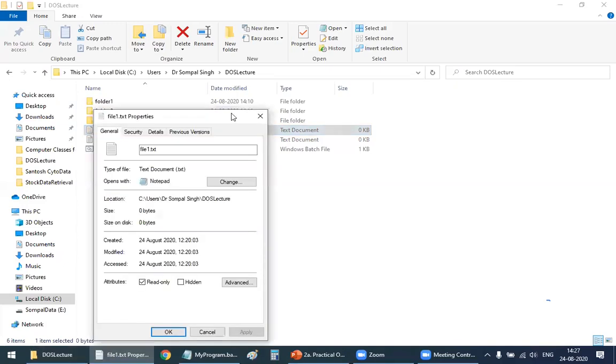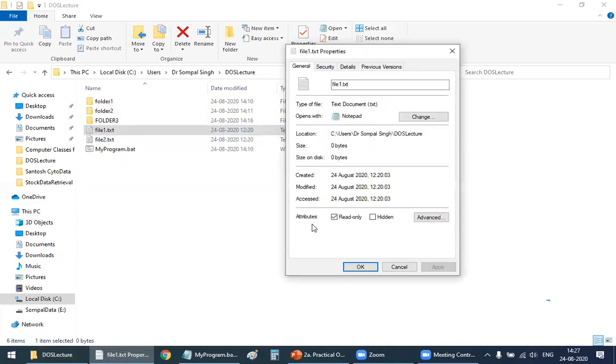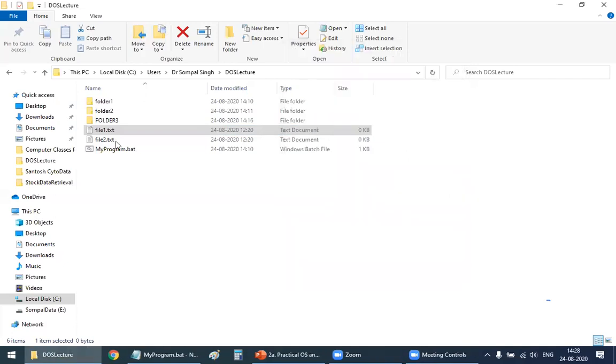In my last lecture, I told you about attributes of a file. So this file is a read-only file. I can read this file, but I cannot edit or write in this file. So this is about file attributes.